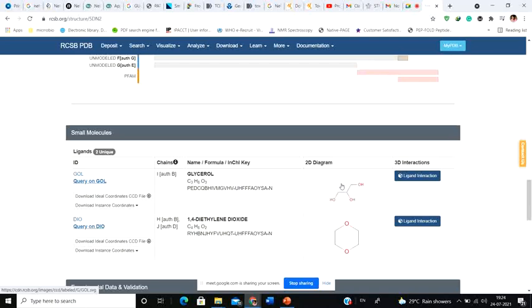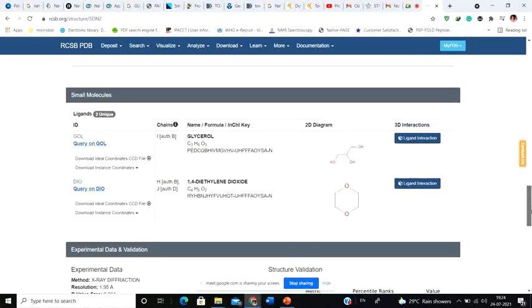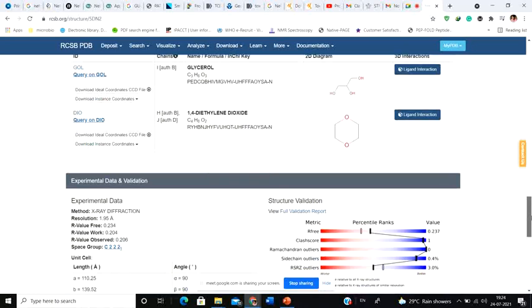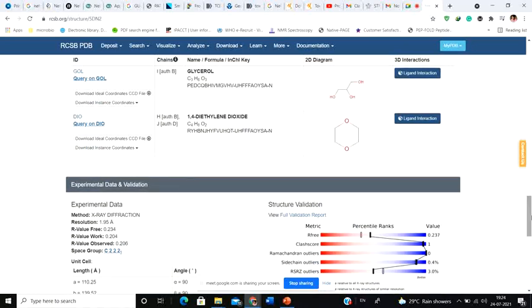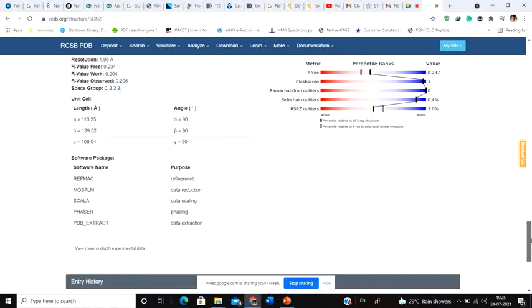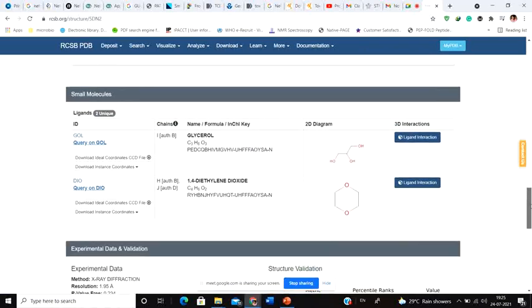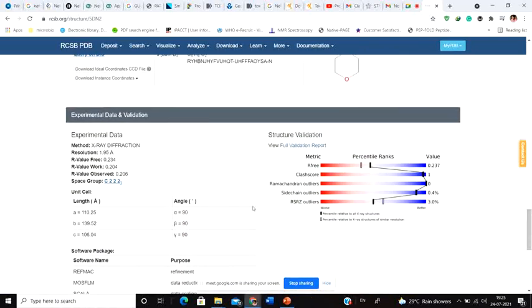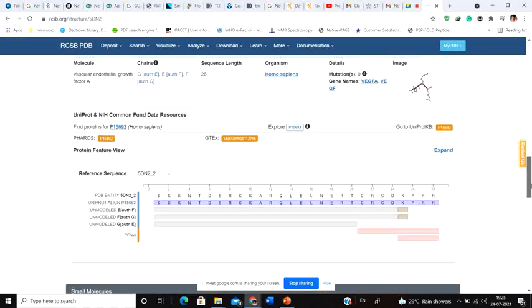Okay. Yes, sir. Understand. So that is why whenever you simply try to find out or download a particular structure, you're going to find out that yes, they require these kinds of things. Okay. So after you have these things, next you get to see the experimental validations, the data. That means the unit cell length, and these are actually not required for you. These are only required if you are a structural biologist. If you are not a structural biologist, these are not required for you.